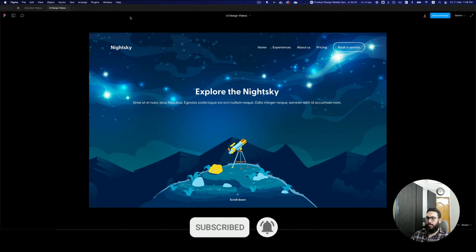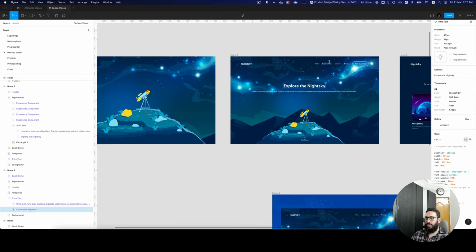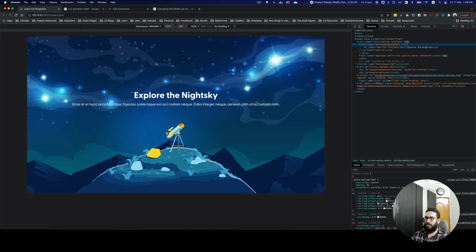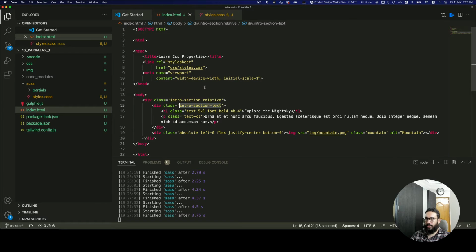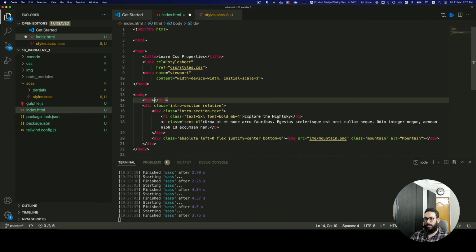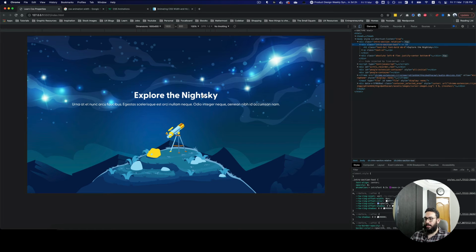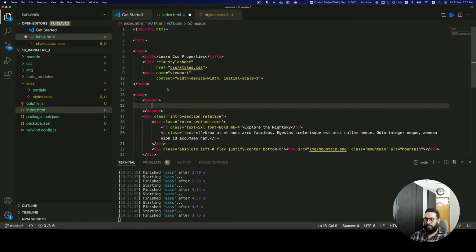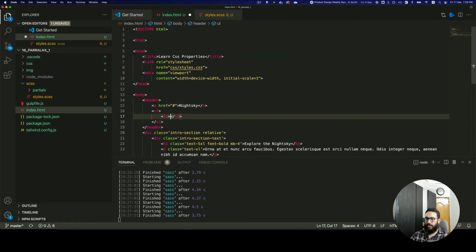I'm going to do the same with our header here. So let's just go ahead and first create the header. As we can see, the width for the header is 1366 or whatever it is. Let's create our header here. I'm going to create a div, sorry, not a div, a header, and first of all, give our night sky logo. So this is going to be a hashtag and then logo, and then we have a UL with some li